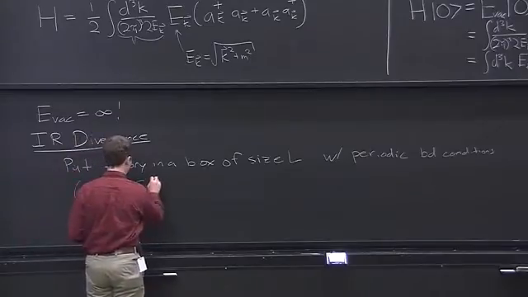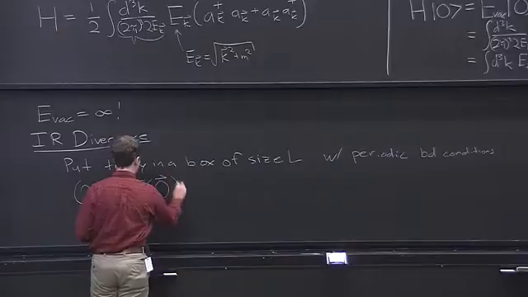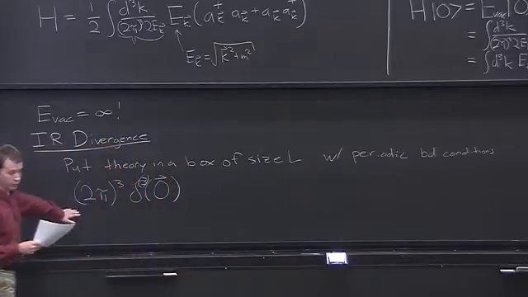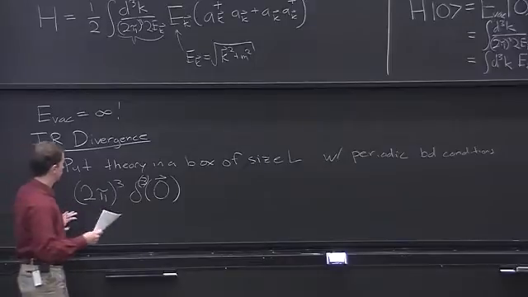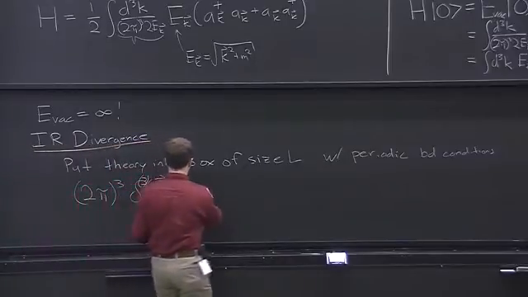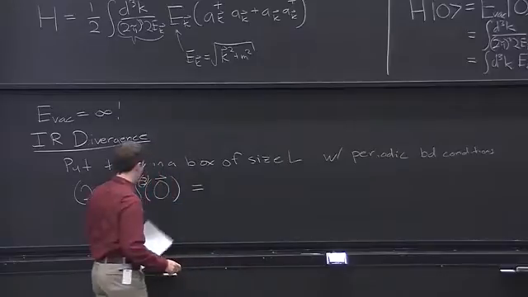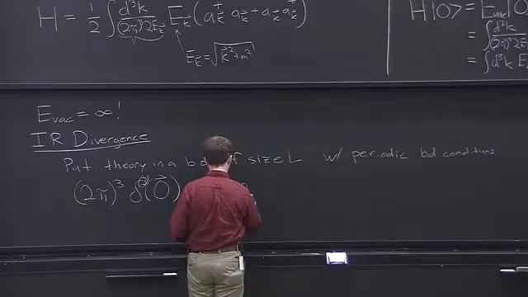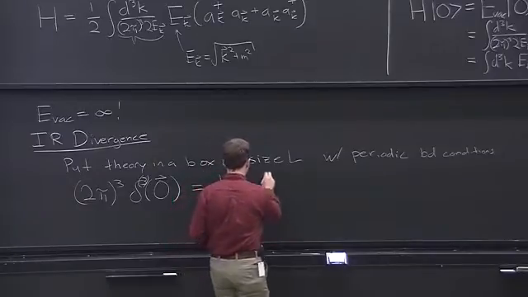Let's try to understand where it comes from. So I'm going to multiply things by (2π)^3 for a reason you'll see in a minute. So we can write this as the limit as L goes to infinity of